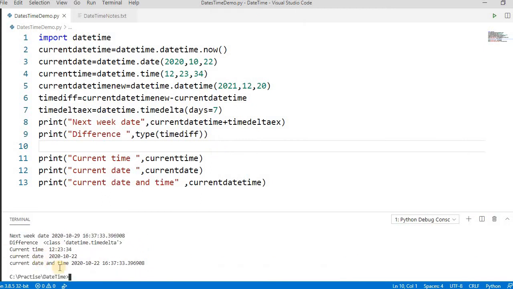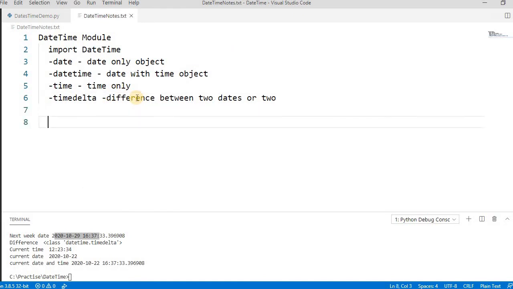See, it's giving the current date and current datetime. Okay, so it's simple to use. If you see here, next week date. The second thing, if you have to work with time zones, there is one pytz module that is given here. pytz is a module for handling the time zone. Time zone is mostly about, suppose you are working in Asia or Europe or America, there are different time zones. Based upon this we can handle the time zone easily.